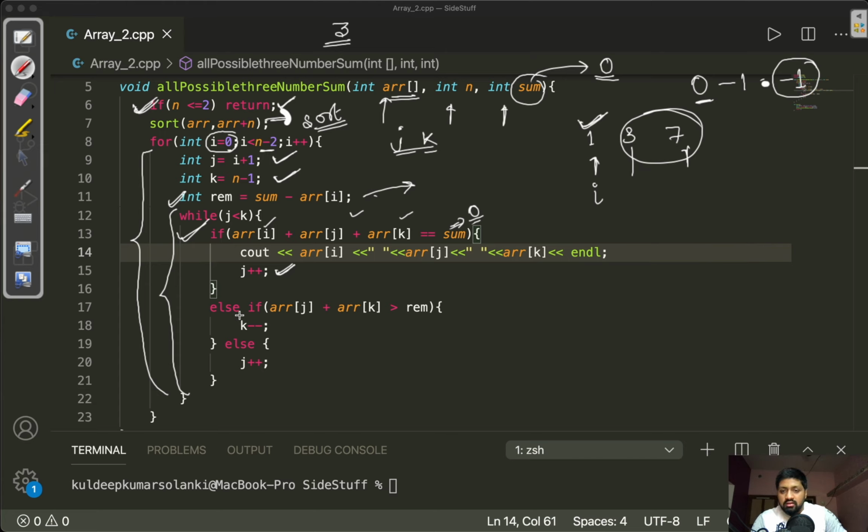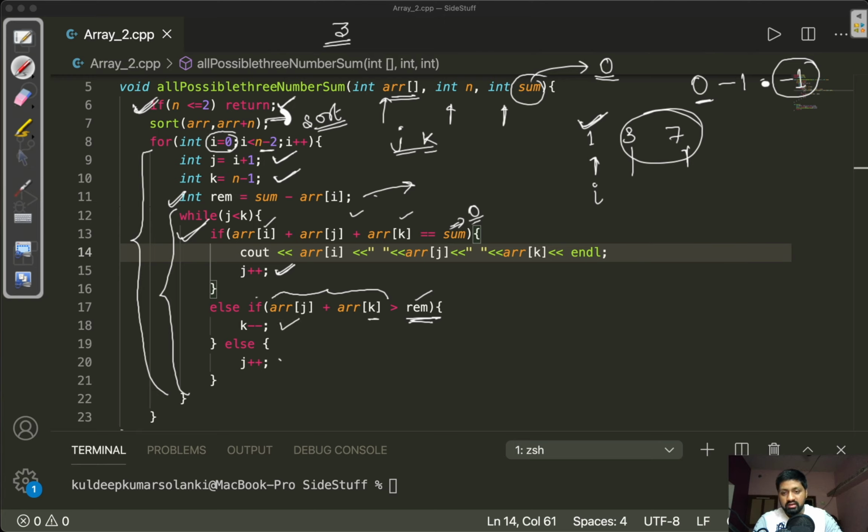And else if we are checking, if the sum pointed by j and k is greater than our remainder, that means the k index should be decremented, because if j is incremented then the sum will again increase and it will be now more than the remainder. Therefore in this case we are decrementing k.